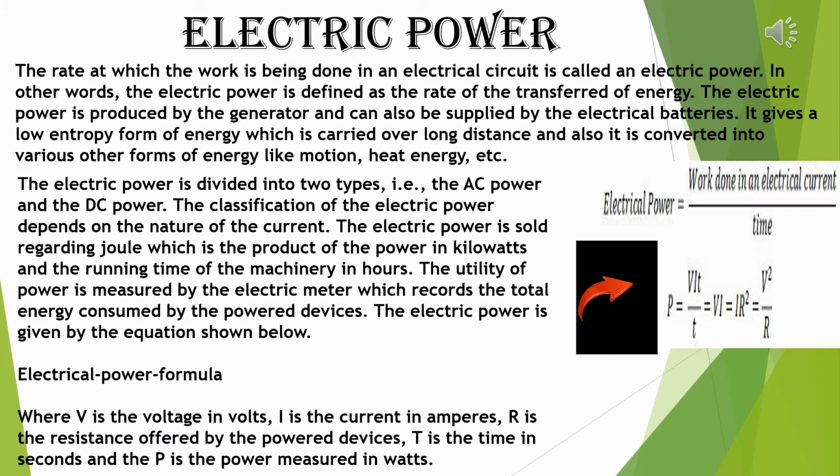So electric power may be defined as the product of the potential difference applied to the circuit and the current flowing through it. Again from Ohm's law we know that V is equal to I into R. So instead of V we can write I into R, that means P is equal to I square R. That is a little bit wrong in your diagram. It should be I square R, not I R square, already I have told. But in the next step in your book, it has been written that P is equal to V square by R.